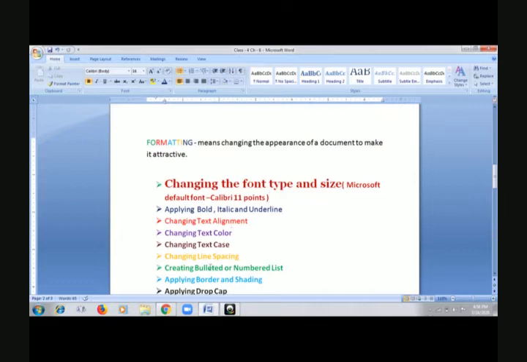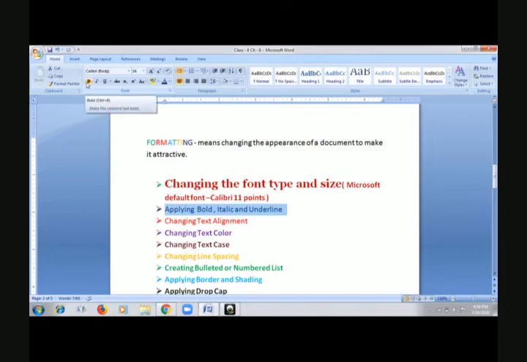Okay, so now let's move to the next one. The next one we have is applying bold, italic and underline. The second point here, where I have written applying bold, I am selecting this only. Now see, again we'll go to these font options, this font group here on the ribbon.